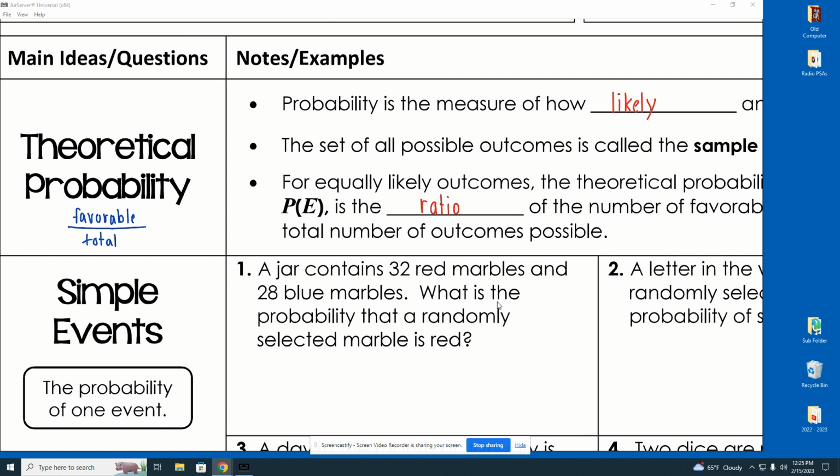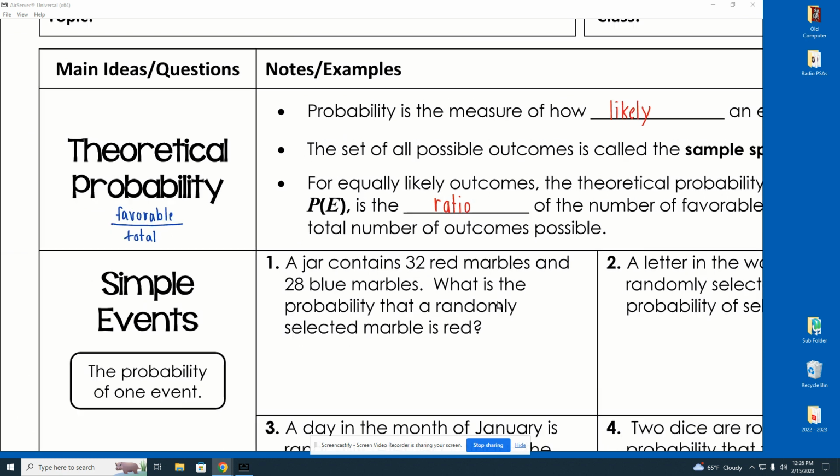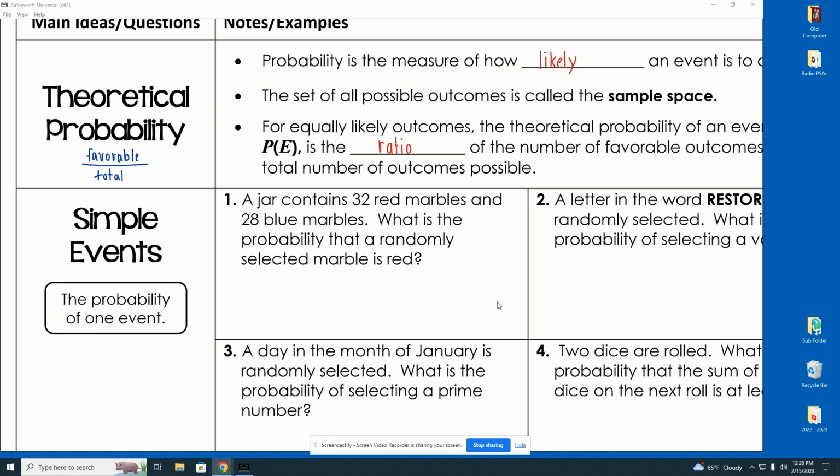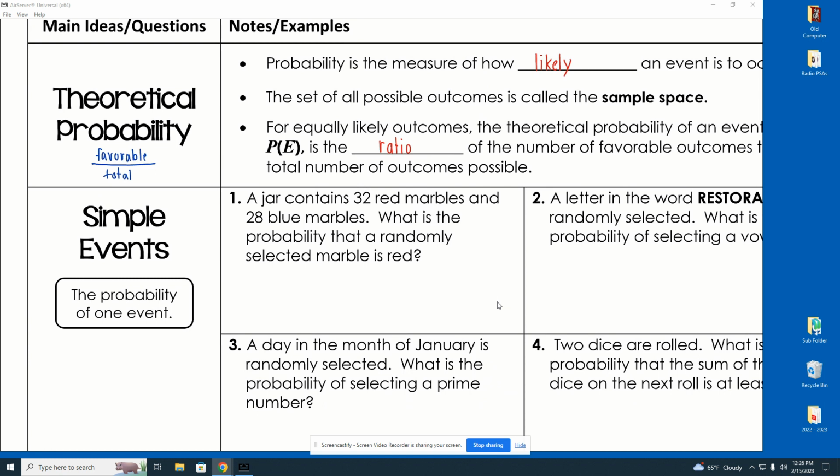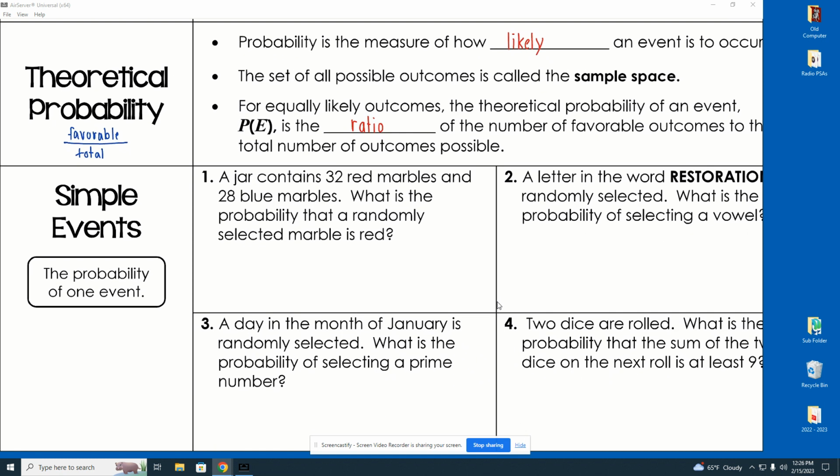Favorable over total. So you will never have one that's over what percentage? In theoretical probability, there's no chance that you get something over 100% of the time. So like in football, they say, oh, give it 110%. In theoretical probability, is that even possible? No. 100% is the highest you can do. So there you have it. Some of these are very simple. Some of them take a little bit more thought. But y'all said y'all want to go fast, so I will.